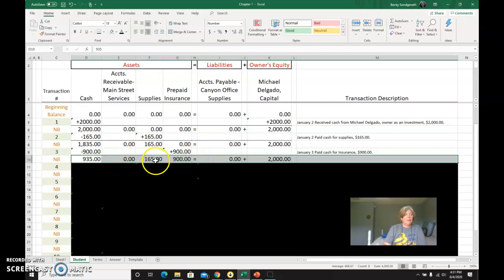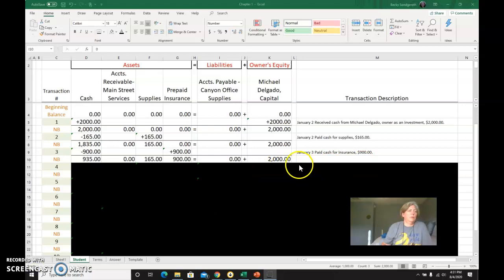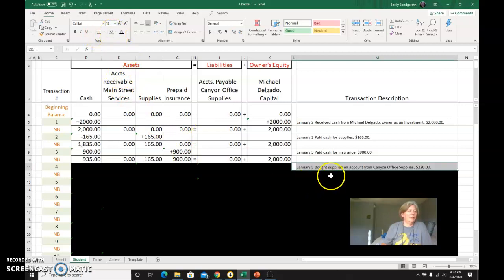So $935 plus $165 plus $900 equals $2,000. And then on the right side, that equals $2,000. Okay? So then we're going to go on to the fourth transaction. The fourth transaction. It is January the